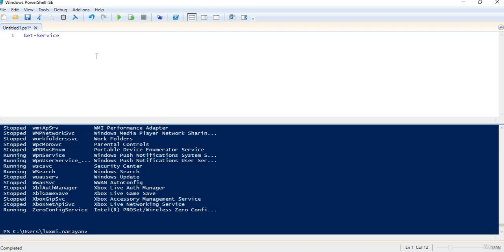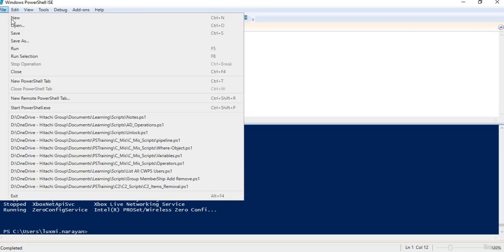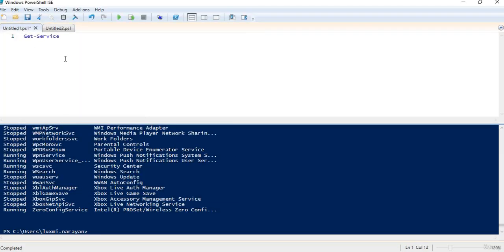The best part of using PowerShell ISE is that I can work on different files or different scripts at the same time. Suppose I am a person who works in different domains: I work on Active Directory, Exchange Server, and Azure, and I use different commands as part of my day-to-day job. So what I can do is write all the commands of Active Directory in one window, all the commands of Azure in one window, and like that.